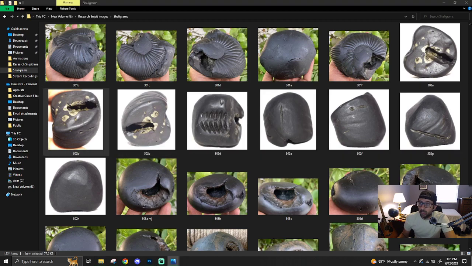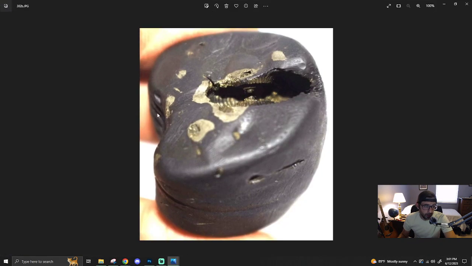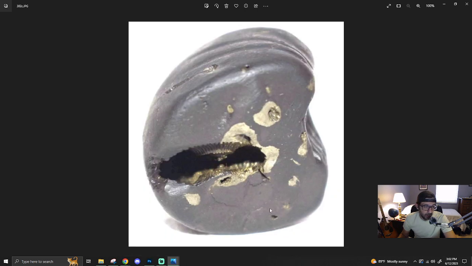A couple episodes ago, where this one has exterior ribs, like a shallogram spiral along the outer side, as well as inner ribs here, like the spiral has an intersection, so it has that going on,